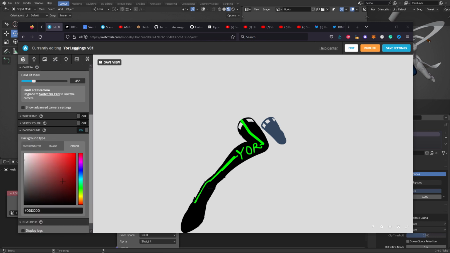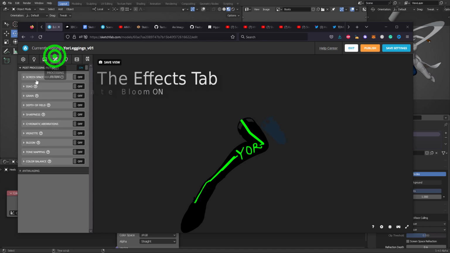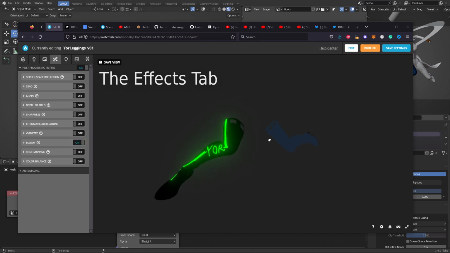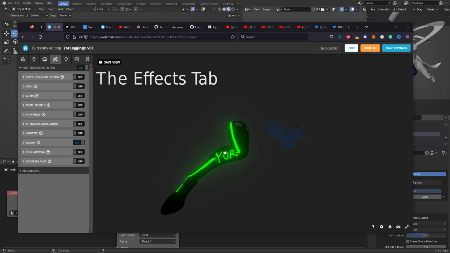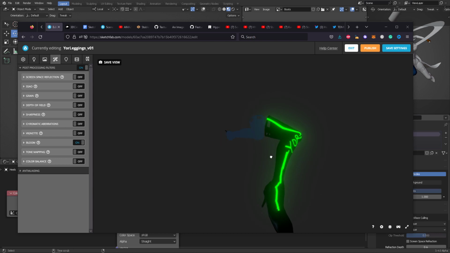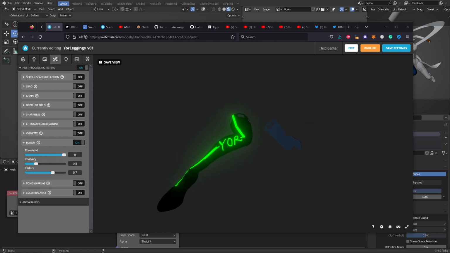recognizing or watching it on display, let's just lower down the background to a darker color and then come to the effects tab, and we need to activate the bloom. Once you do that, you're going to get this marvelous effect from this very bright shade of green that we selected in Blender. So it works. I mean, from here on, it's just up to your imagination. You can create robots, you can create laser beams, assign very bright textures to that, and then come here and export it into the GLTF format